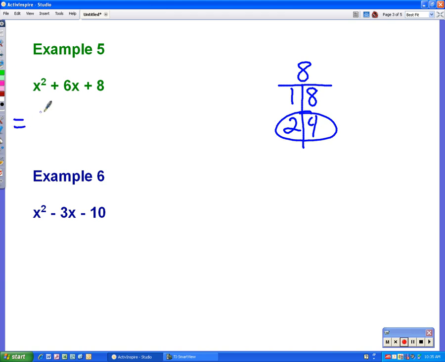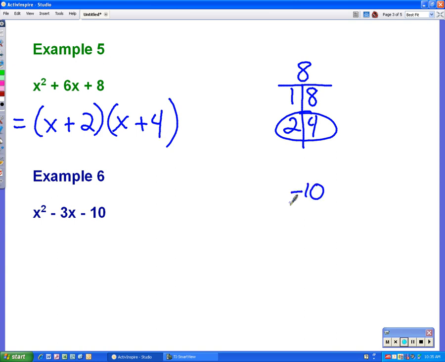So when we factor this one, we create two binomials, x in each one. Again, the lead coefficient here is 1, so we just put x in each one. And the 2 and the 4 are positive, so we're going to put plus 2 in one and plus 4 in the other. Okay, those are factored completely. Okay, the next one,